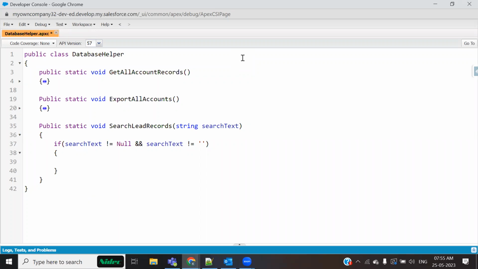He could enter the name, he could enter the email. There is one more possibility that is beyond the discussion: he has not entered anything and has just pressed the search button. That is again a possibility. So if he has not given any input, if the searchText is null or empty,